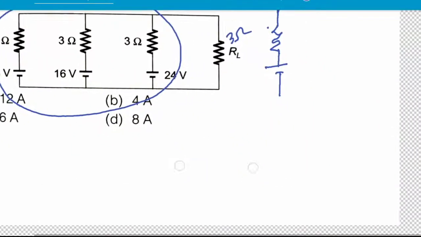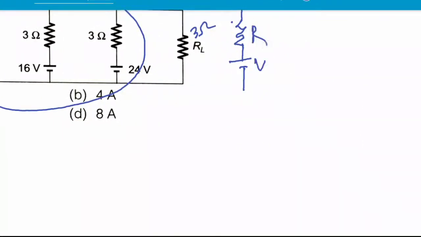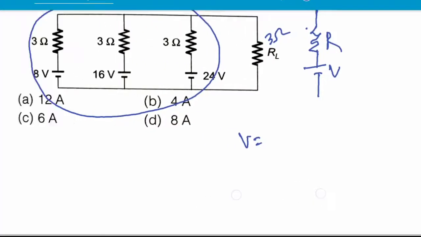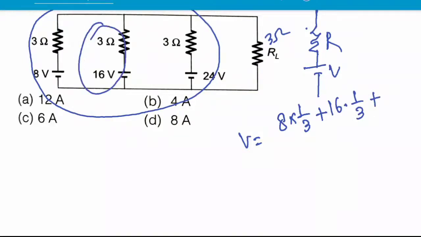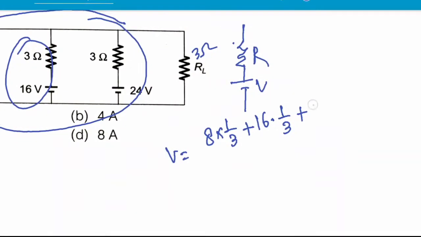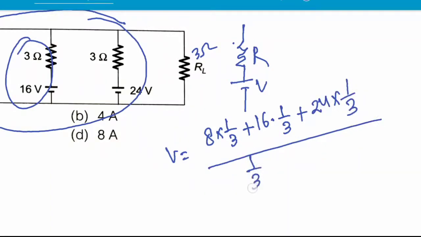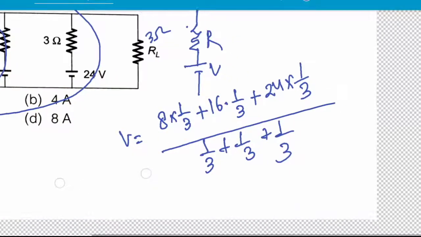Suppose this one is V and this one is R, then V will be equal to the voltage 8 into 1 by resistance, 1 by 3, plus 16 into 1 by resistance, plus 24 into 1 by resistance, divided by 1 by resistance plus 1 by resistance plus 1 by resistance, and this is coming to be